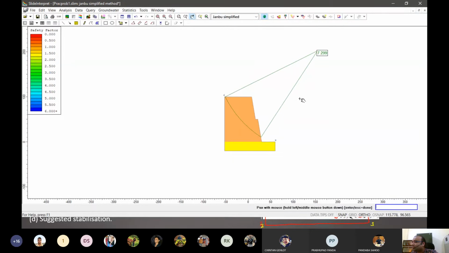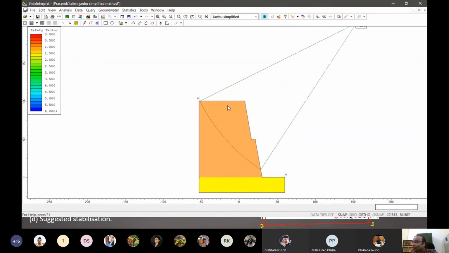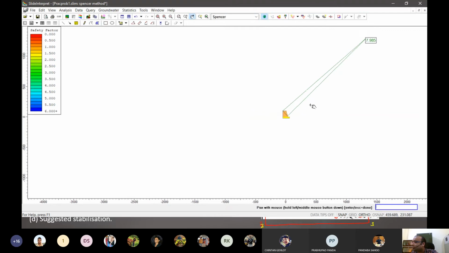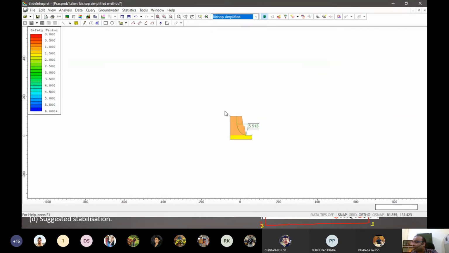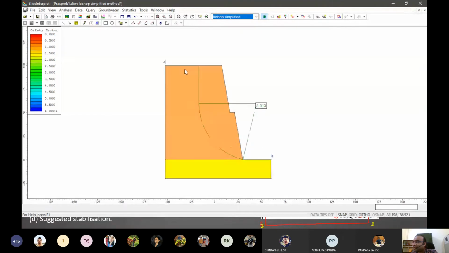In the other method, Janbu simplified, we have 7.2. That is taking the whole slope. In Janbu corrected, we have again the whole slope, 7.4. And in the Spencer method, oh my God, we have 7.9. So quite stable. But in Bishop method, see again, this algorithm is not present in other methods like Janbu and Spencer.